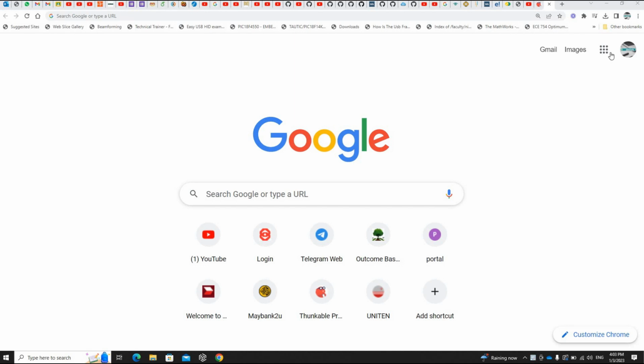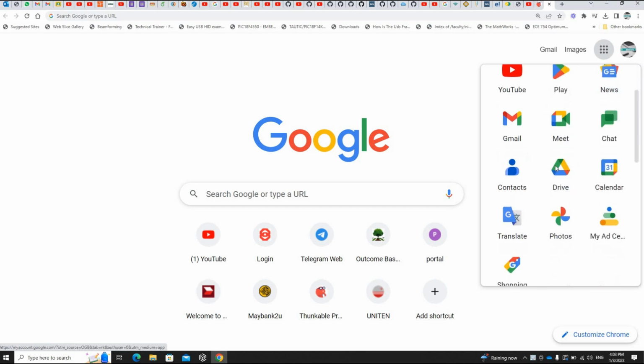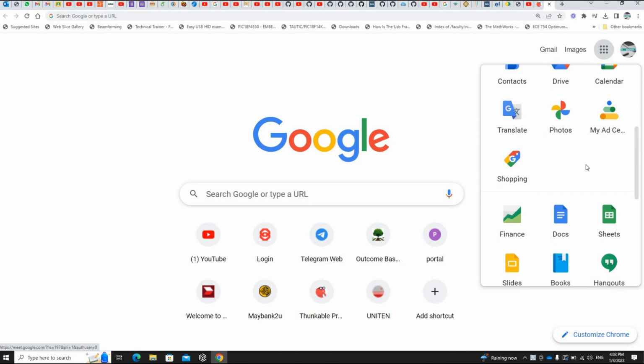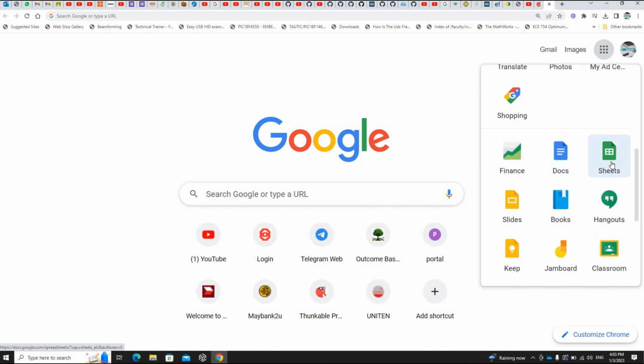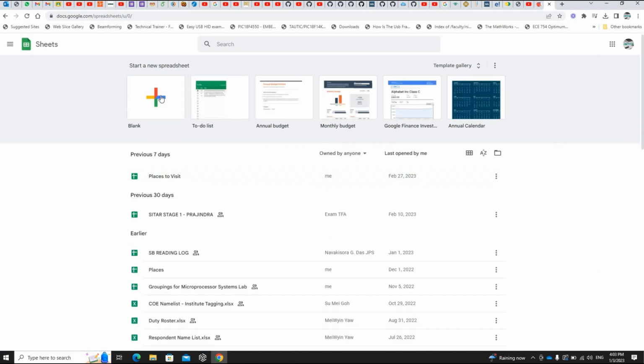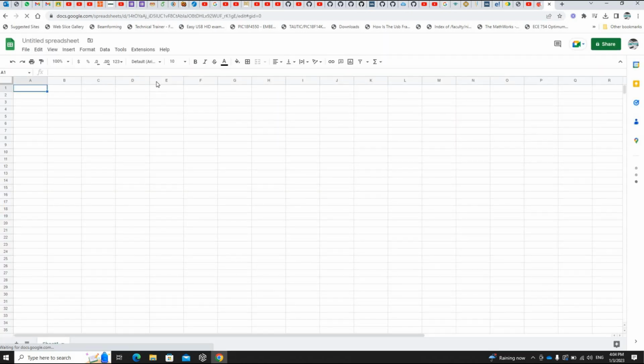For that, if you've already logged in to your account, you can click on this Google Apps icon, and then where is the sheet? Yeah, you can click on Google Sheets. So you're going to create a blank one. Once you have opened up a blank sheet,